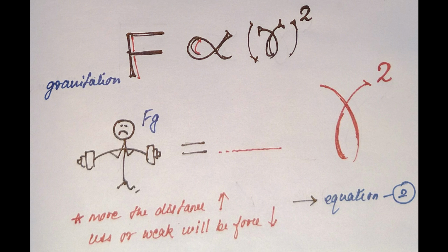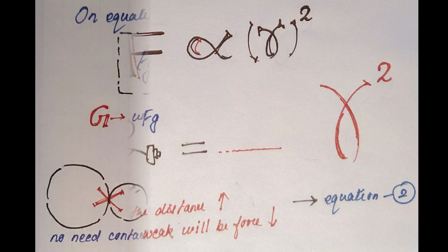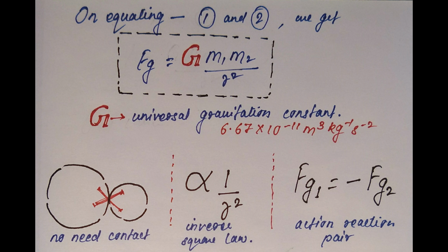The quantity of force depends upon the mass of both the bodies, as it is directly proportional to the product of their masses. It means the larger the masses, the stronger the force of attraction between them. The force also depends on the distance, as it is inversely proportional to the square of the distance between bodies A and B. It means the more the distance between the bodies, or the further the bodies move away from each other, the weaker the force will become. So the equation is F equals G m1 m2 by r square,